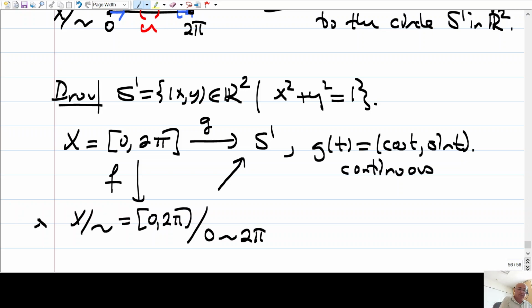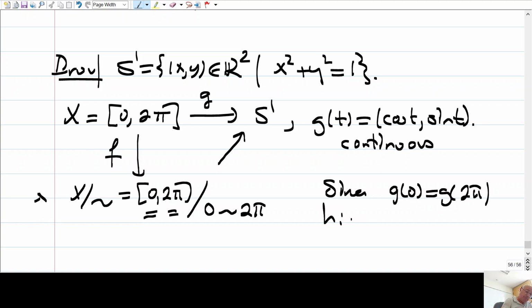Therefore, g is constant on a one-point set. The only thing we have to check is the equivalence class of 0. The equivalence class of 0 has two points, 0 and 2π, and 0 and 2π are mapped to the same point. So since g(0) equals g(2π),